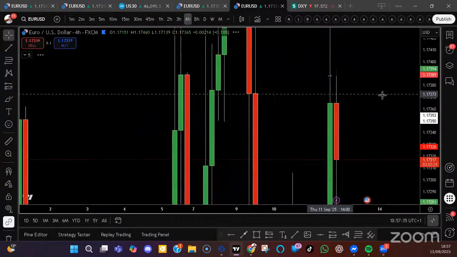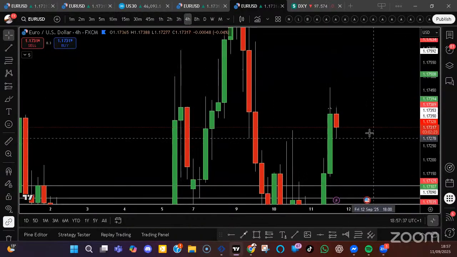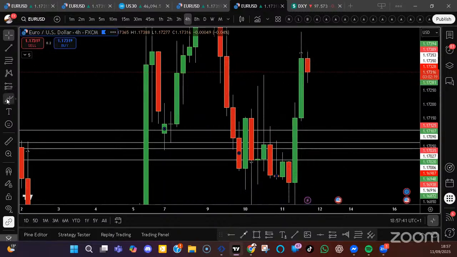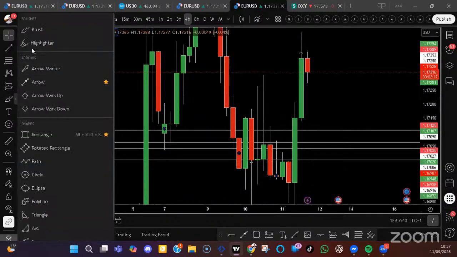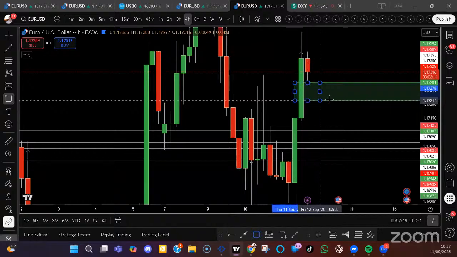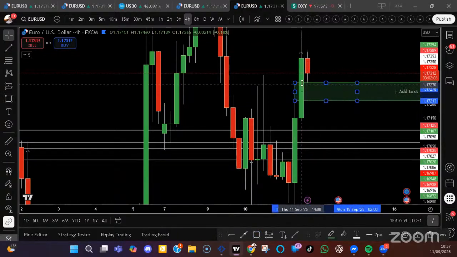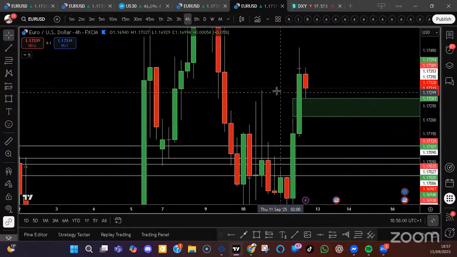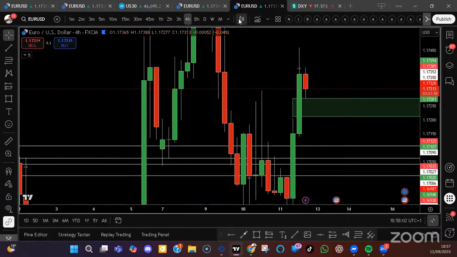So going on the 4-hourly on the EUR USD, we can see a large FVG, fair value gap, down here, from that wick there to that wick there. So that's all in balance. No buying power that side, no selling power that side. So we'll mark that up, put it on the line chart,